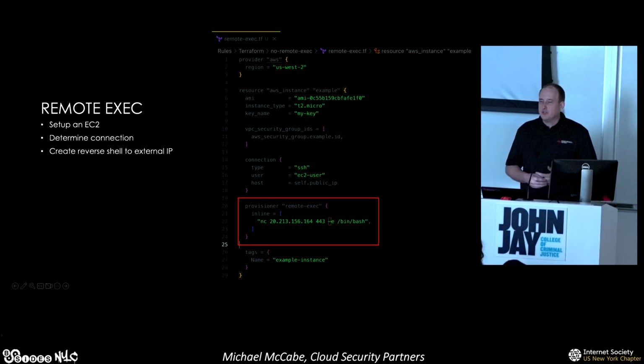You could do pretty much whatever your user has rights to. So if you want to uninstall CrowdStrike, if you want to uninstall whatever kind of endpoint tools, if you want to run scripts, if you want to get a remote shell back out because no one does egress controls well, this is your tool to do that. And this is built into Terraform. This isn't something you have to get a custom provisioner for. This is all part of the base API. So if you're using Terraform right now, you can write Terraform to do this. So that's one of the techniques which we usually lock down, and I'll show some examples of how we lock this down in Terraform pipelines in environments we work in.